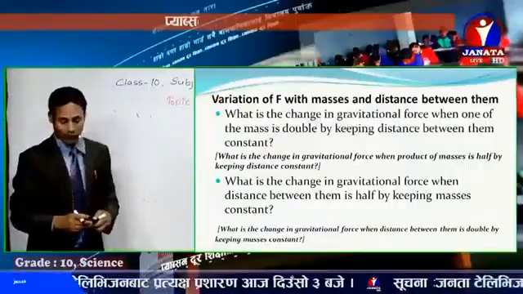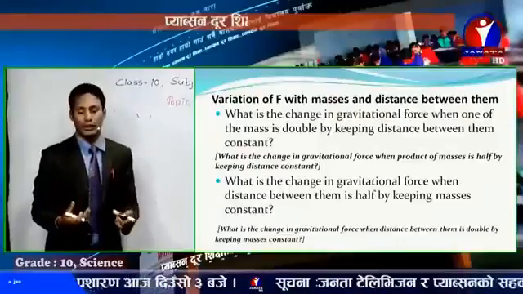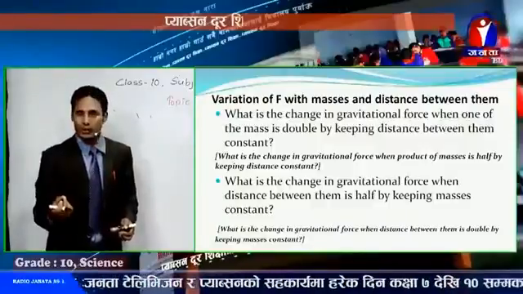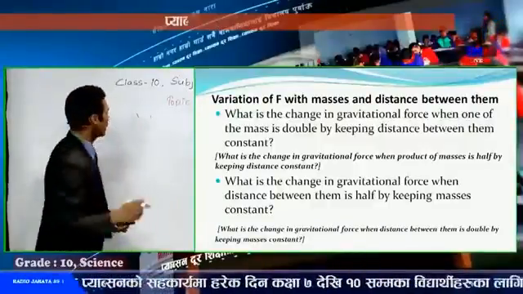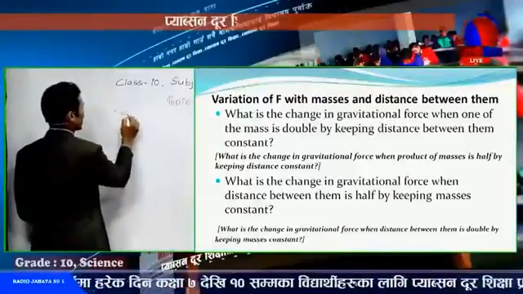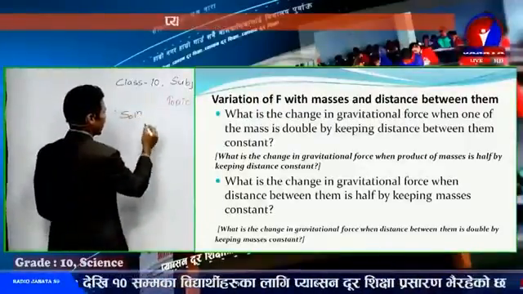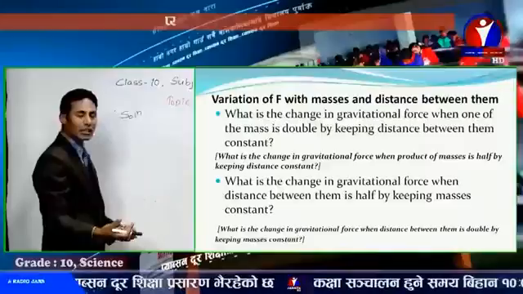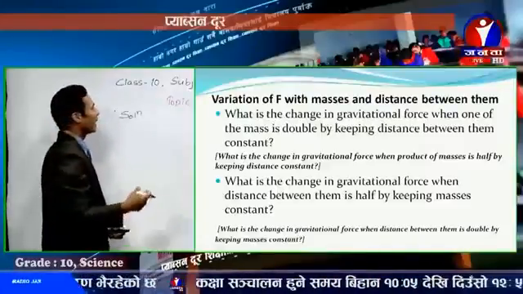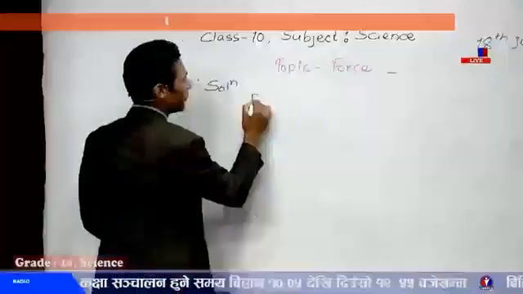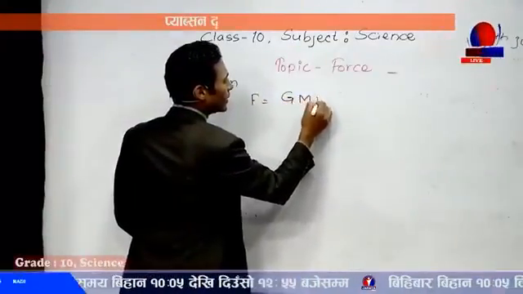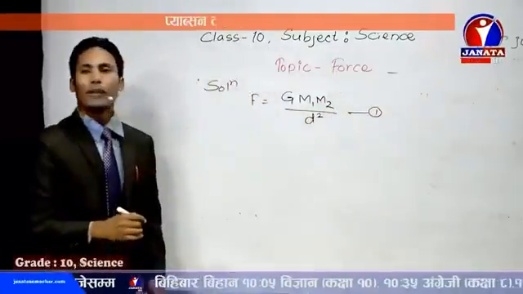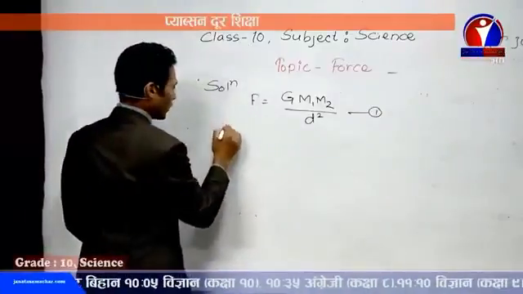So let's derive that. We are going to find the change in the gravitational force when one of the masses is doubled by keeping the distance constant. So how can we solve it? Let's see. Solution. We can write: if m1 is the mass of the first object, m2 is the mass of the second object, d is the distance between them, and F is the force between them, then F = G m1 m2 / d². This is equation 1. And according to the question,